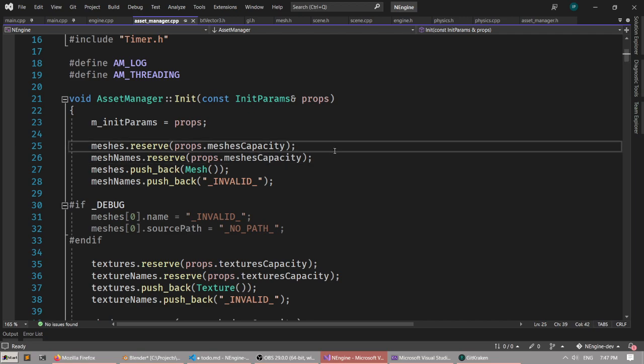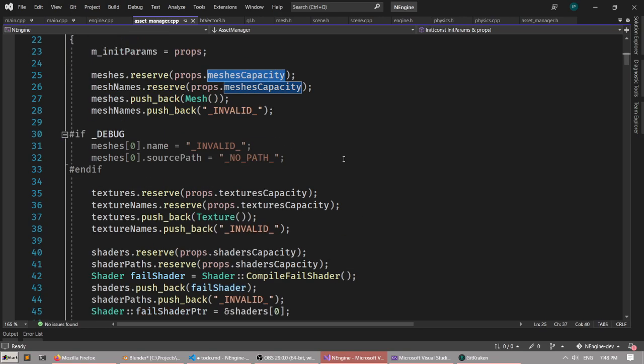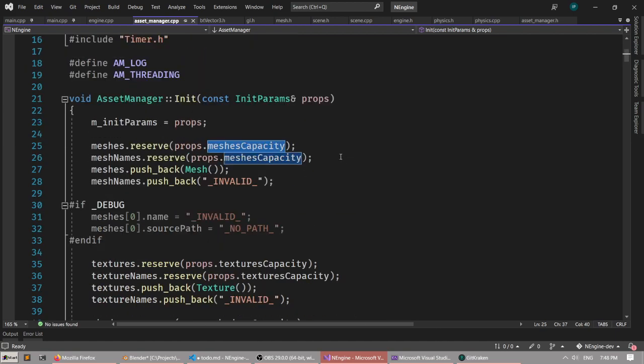So the thing is that I did have meshes capacity, but if you try to push more things than that, like, I had a 64-big vector of meshes, and then it became 65 long, what happens then is that